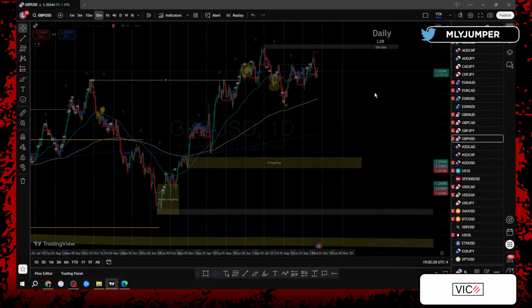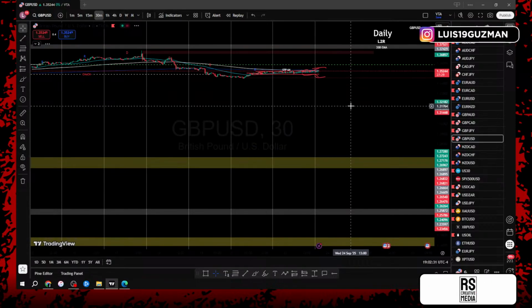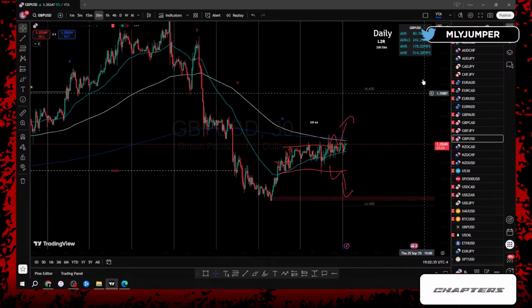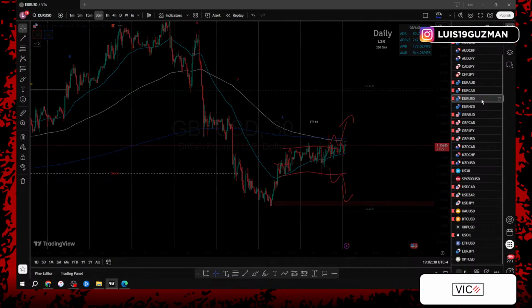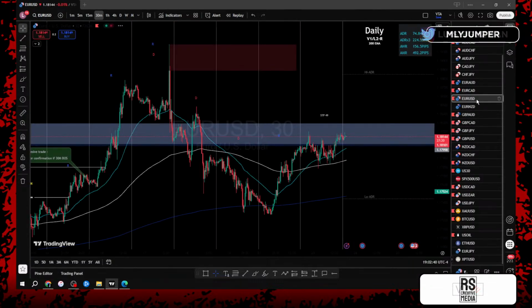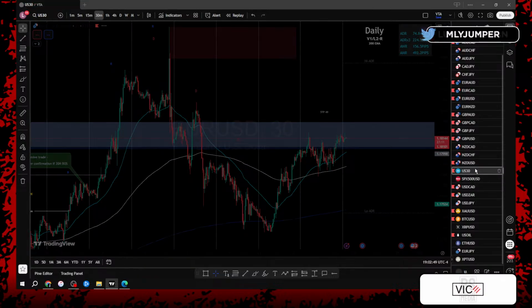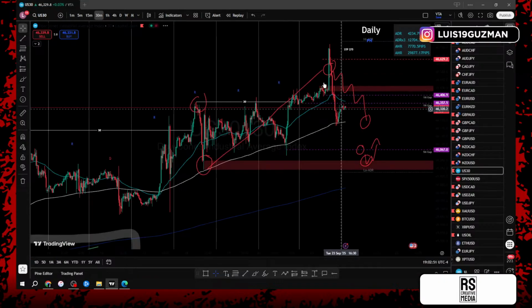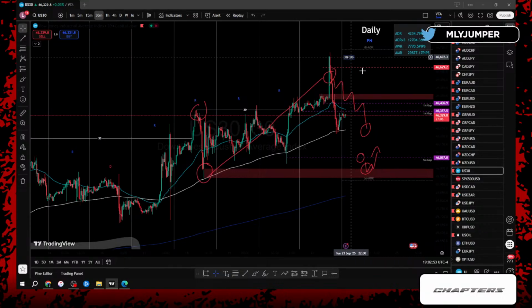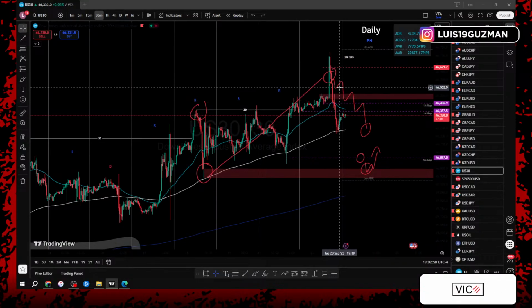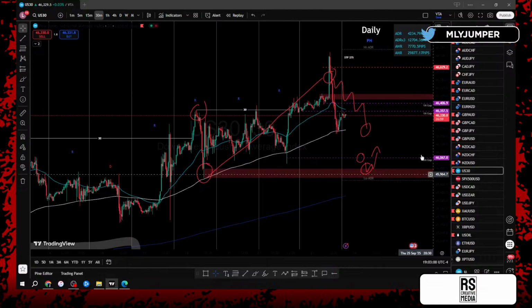Let's see if price did the same thing for the last 3 pairs we left on, which was GU, EU, and what was the other pair? There was 3 pairs. I know we were looking at Tesla, but there was, what was the pair for? Oh, US 30. Right, I know US 30 dropped like crazy, right? Did exactly pretty much around the same area of what we thought was gonna happen with price.